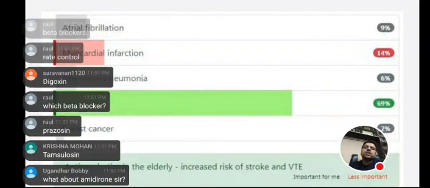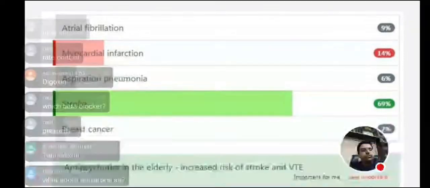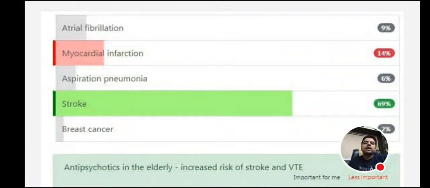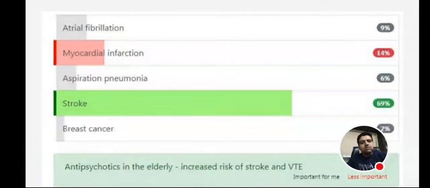Amiodarone is a second drug of choice, Bobby, not the first drug of choice we are going to use for treatment of atrial fibrillation. You are right, but this is not a first drug of choice. Okay, beta blockers are the first drug of choice. You can use digoxin also and amiodarone also. So